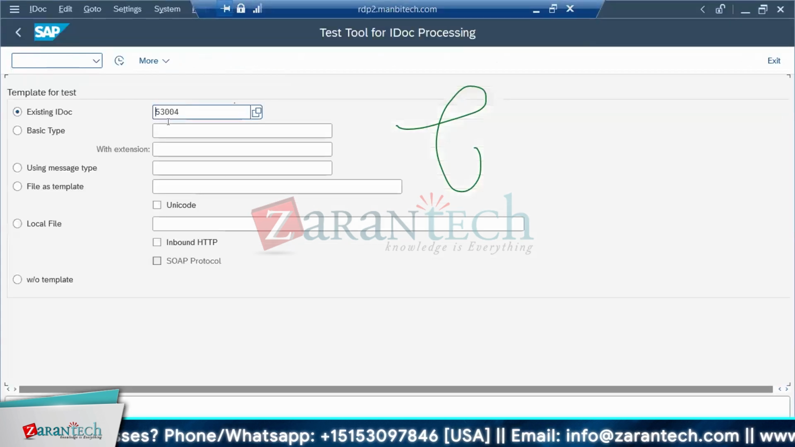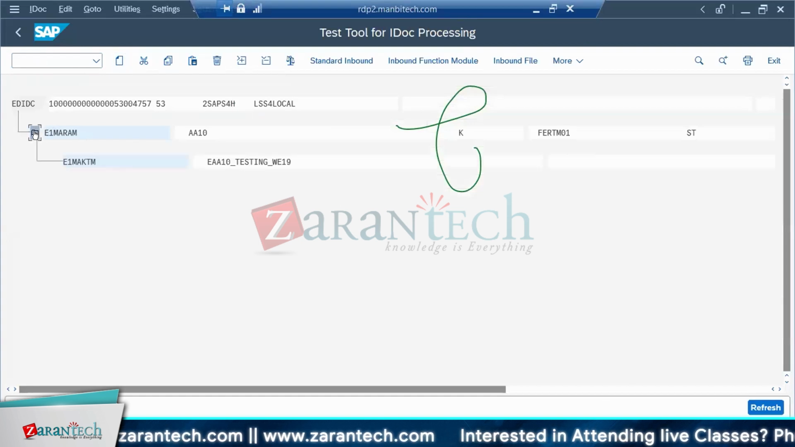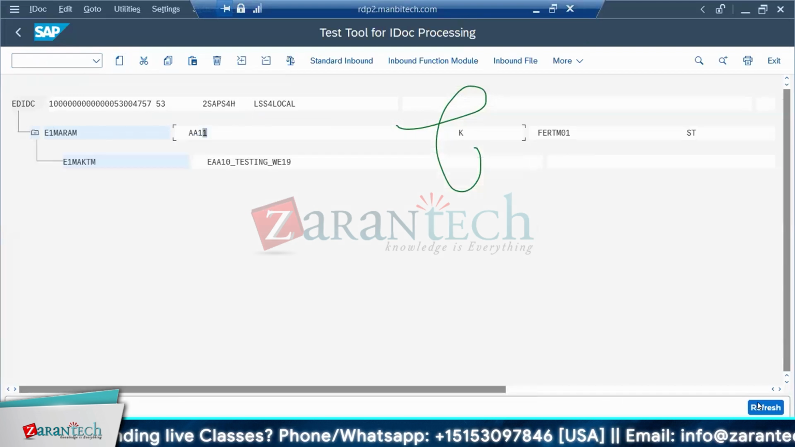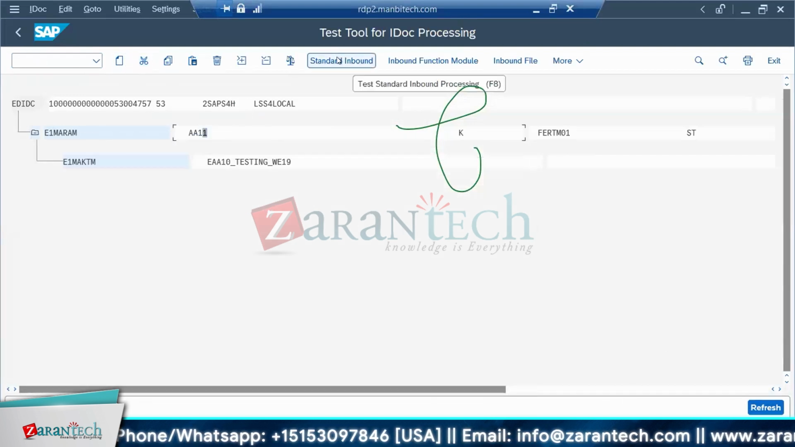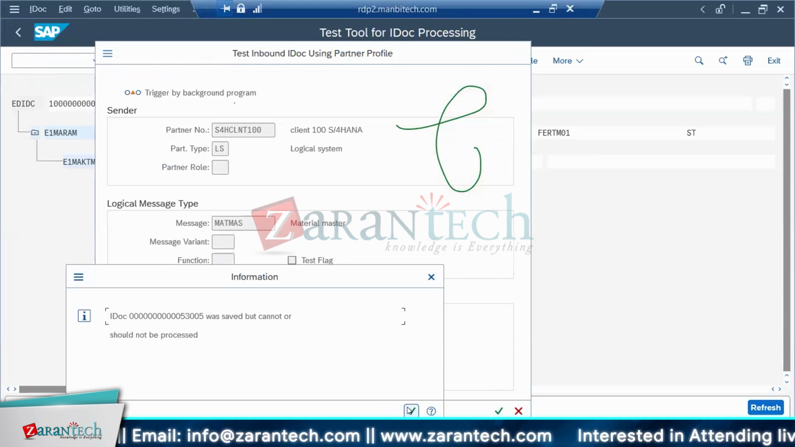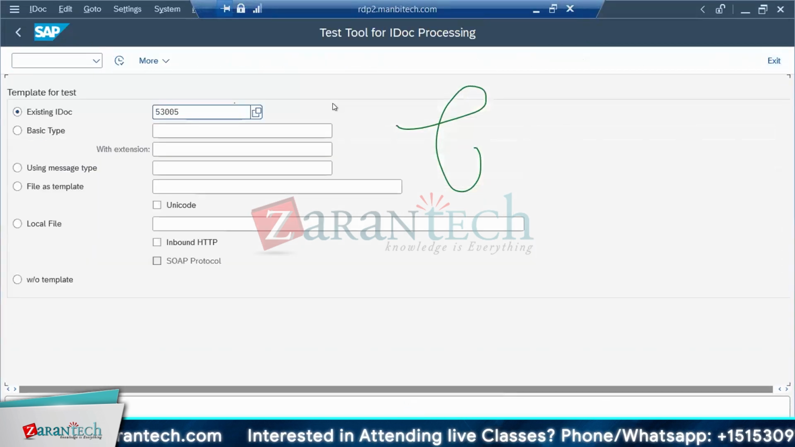WE19. I do this, then I change this to 1. I do this, I do standard inbound. Okay, IDoc 53005 was generated. I close this and I go to